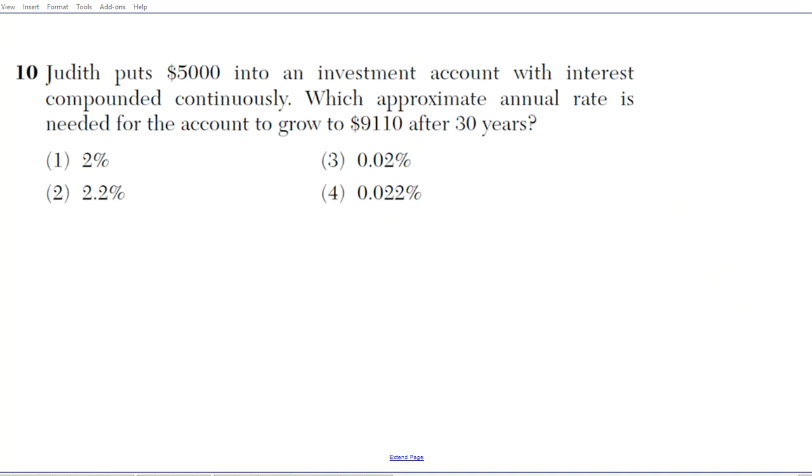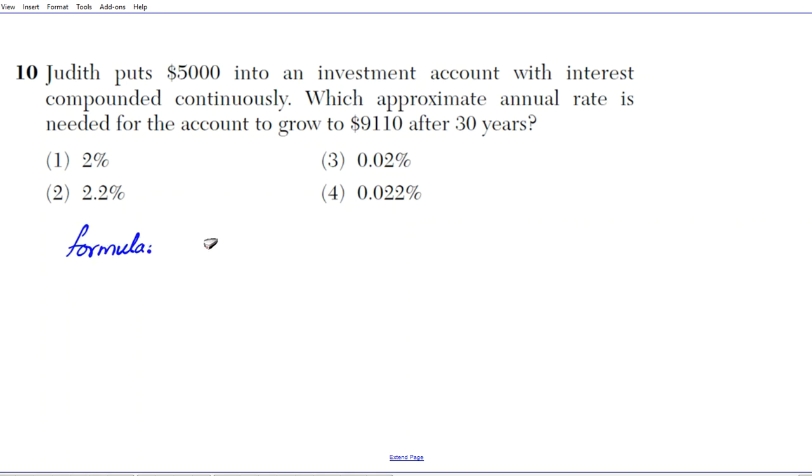Alright, let's take a look at question 10. It says, Judith puts $5,000 into an investment account with interest compounded continuously. Which approximate annual rate is needed for the account to grow to $9,110 after 30 years? Okay, so let's start off by writing down the formula that will guide our problem solving